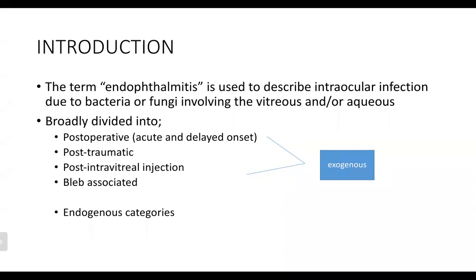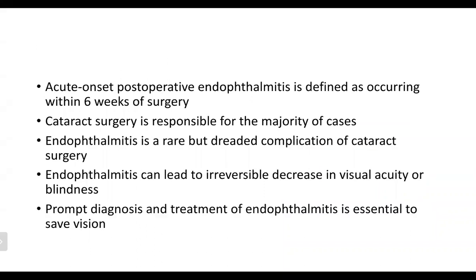Endophthalmitis is broadly divided into post-operative endophthalmitis, which could be acute or delayed onset, post-traumatic endophthalmitis, which follows trauma, post-intravitreal injection endophthalmitis, bleb-associated endophthalmitis, and then endogenous endophthalmitis. The first four types are exogenous, meaning the offending organisms come from outside, while the endogenous is usually from endogenous spread, either from sepsis or a focus